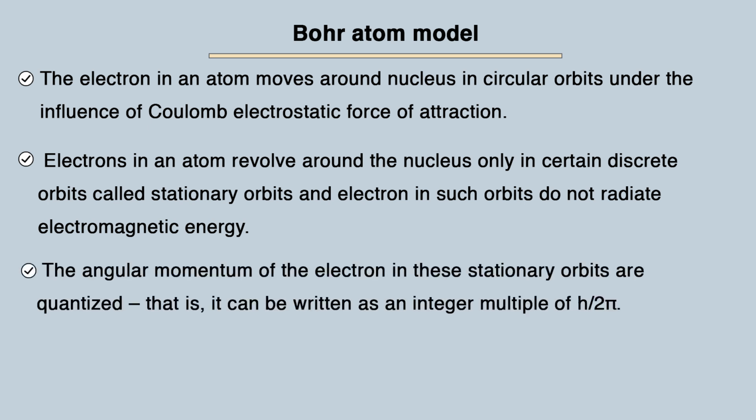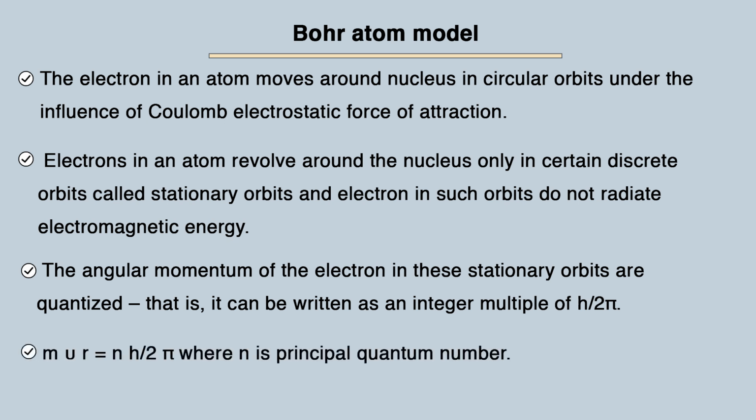because these are discrete, stationary orbits, and in these orbits the angular momentum of the electron is quantized. So the term quantization was used for the first time by Niels Bohr, and according to him, the angular momentum of the electron moving in a circular orbit is an integer multiple of h upon 2 pi. Mathematically it is written as mvr = nh/2π, and this h upon 2 pi is further written as h cross, and here n is known as the